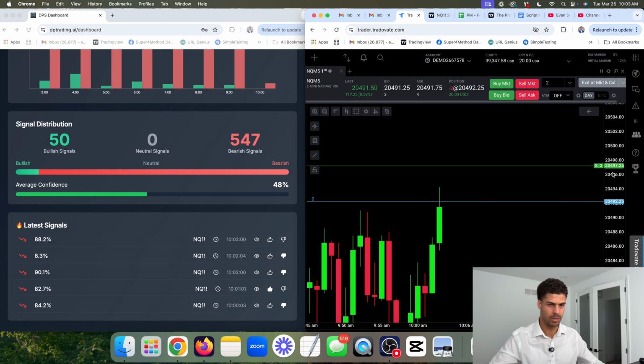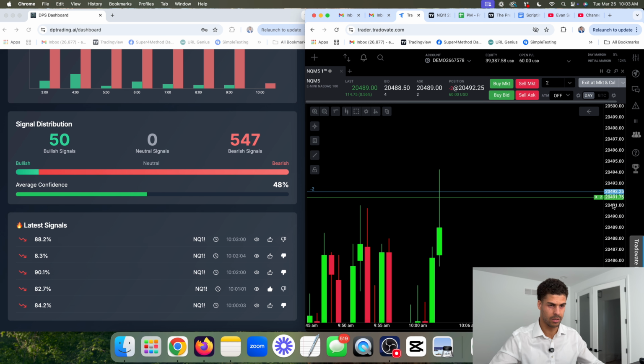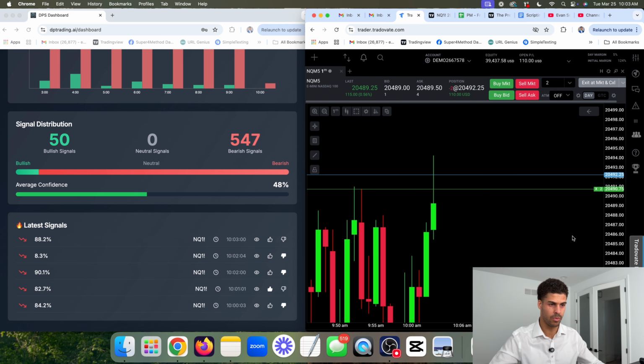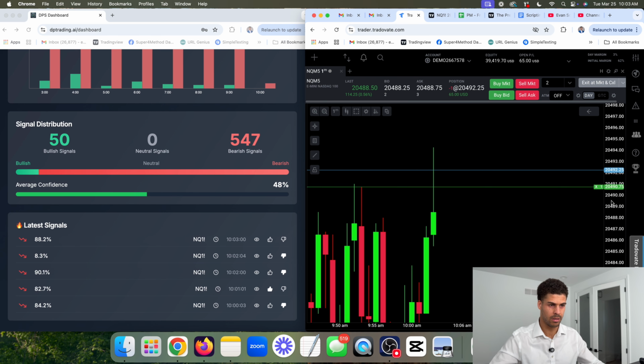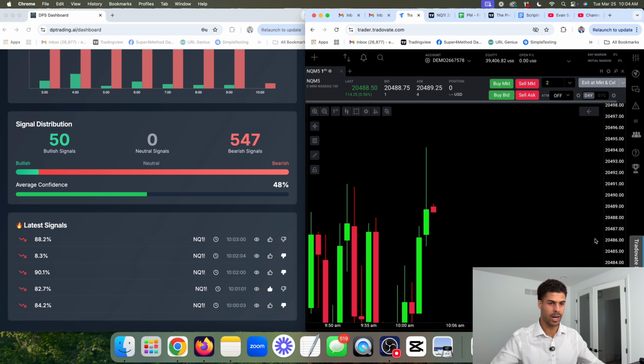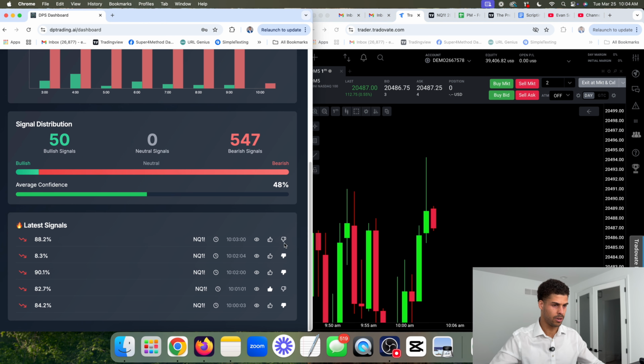Close. We got a pretty good spot here. We could have gone a little higher, but we got a pretty good spot. Now I should have price hold below. Okay, there it is. There we go. That's when you get a signal that's high confidence, but price is rocketing. That is exactly what you're expecting. A huge wick. That's what you're expecting.